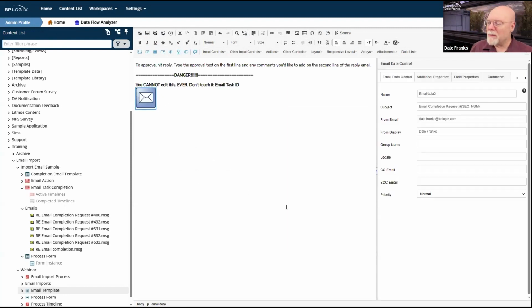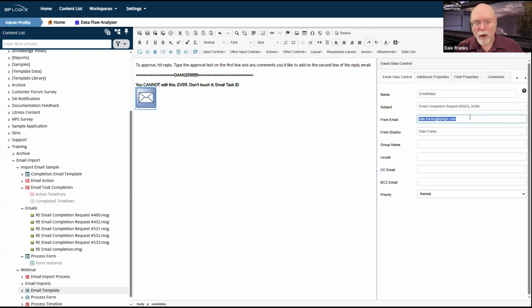Now, I've done something a little special here on my email data control. Obviously, I have my title here, but do note I have a specific from email. And the reason that I have a specific from email is because I'm having to manually do all of the processing for this. So in an email template, on my email data control, if I have a from email address, it overrides my default workflow email address.